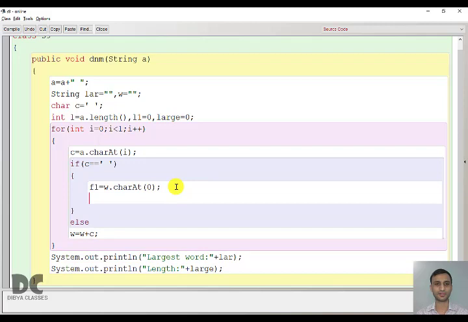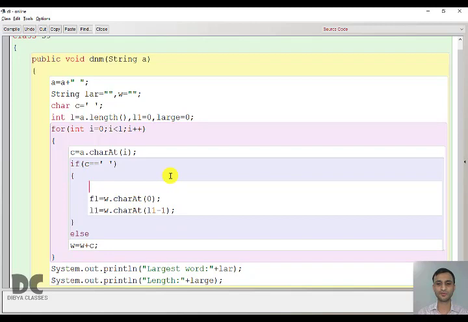And the last one, let it be L1. It is W dot charAt(L minus 1). L we have already taken, let us take L1, where L1 is the length of the word.